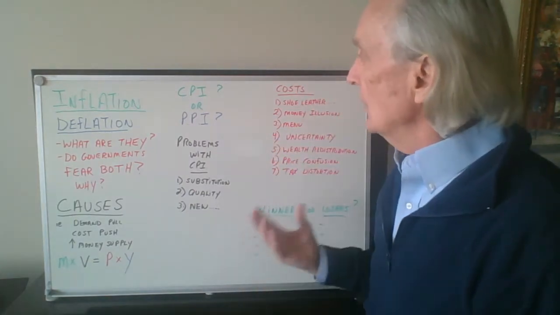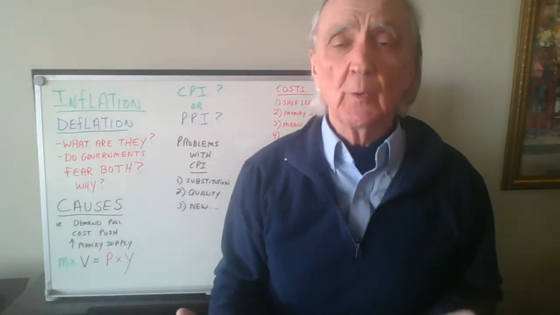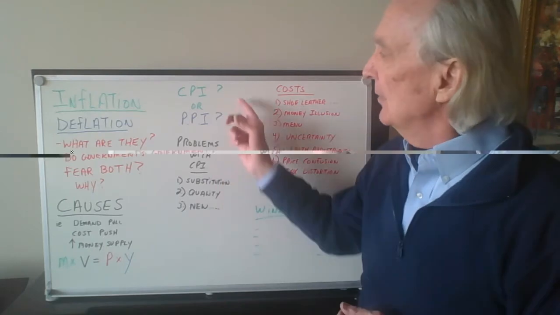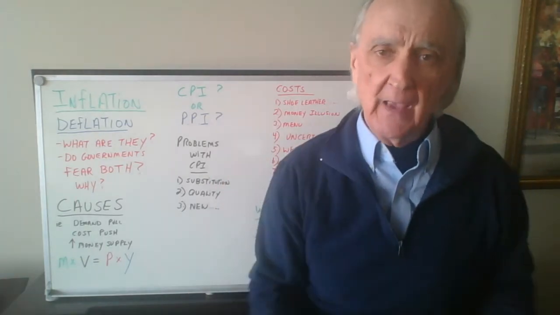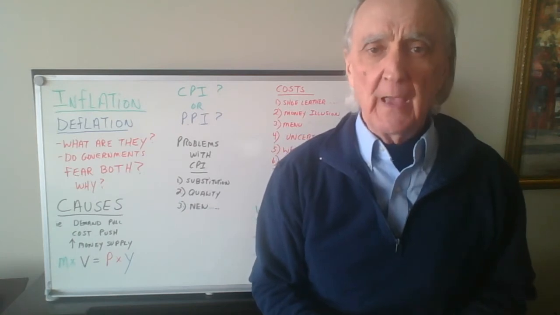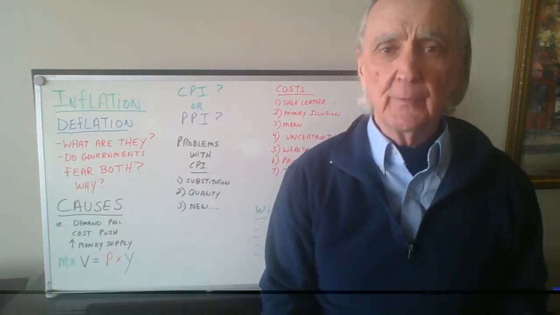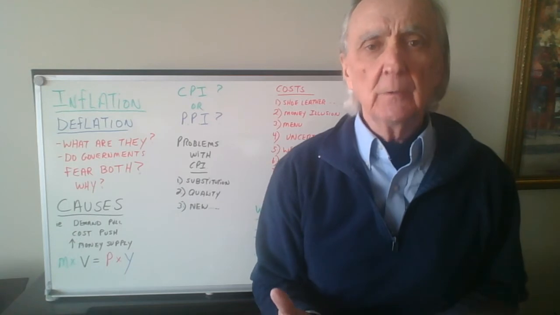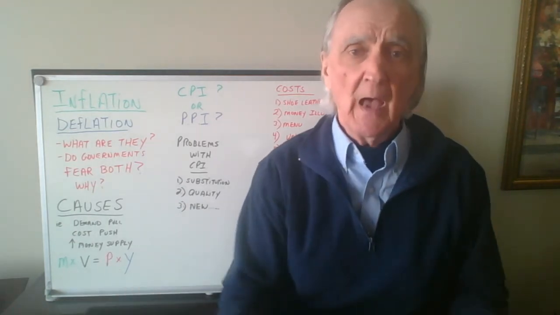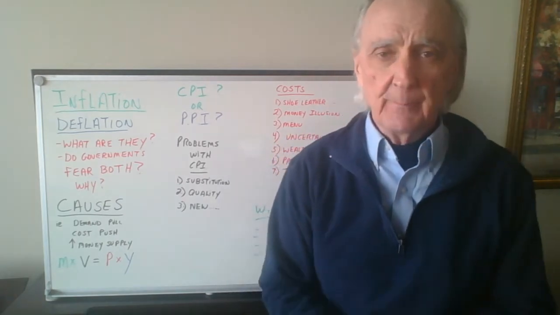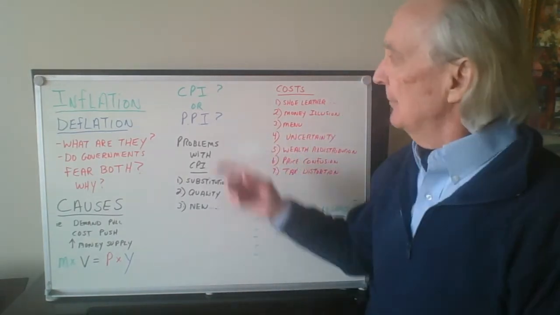Now, how do we measure inflation? What's going on? Well, we use the Consumer Price Index. And again, what's that? It is a market basket, a typical market basket of goods and services that a typical family of four living in a medium-sized city would buy, okay? Housing makes up the CPI.